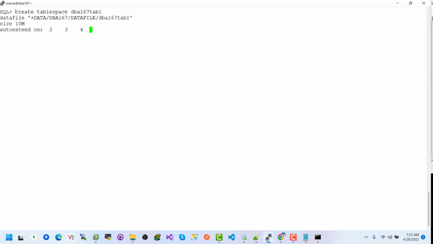Let's try again. Here it is: create datafile tablespace, tablespace name db167_tab1. Our data file location is +DATA, data file db167_tab1, size 10 MB, auto extend on. So before creating this, just go to the grid user, and here